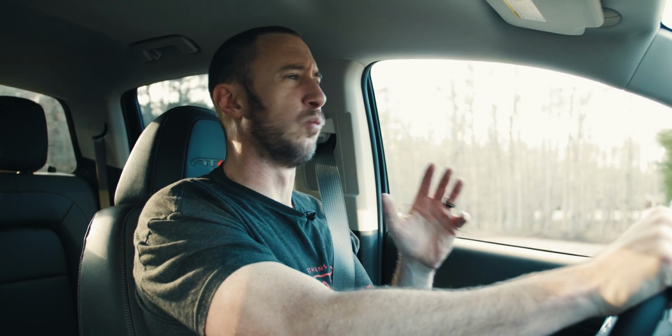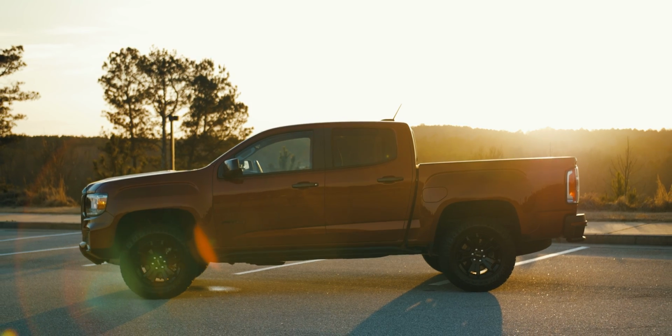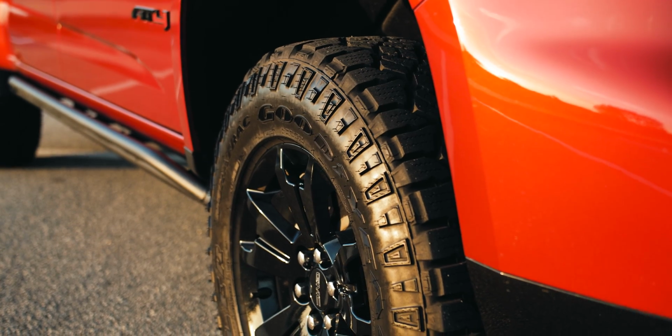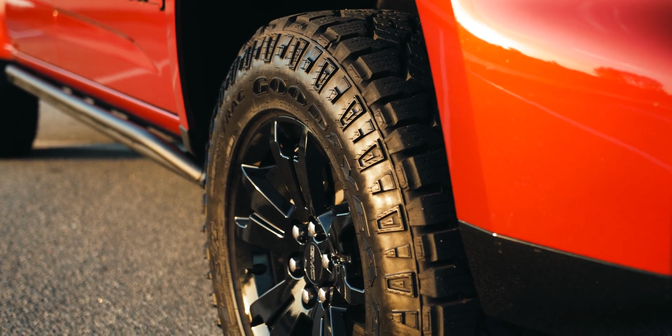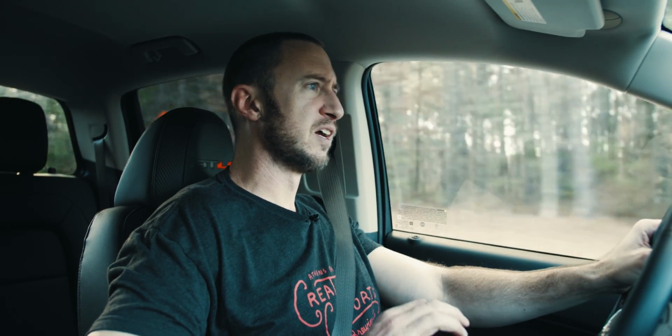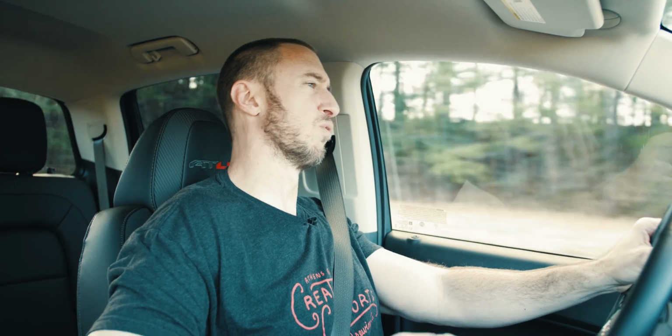But the real win here is the suspension. It's fantastic for a light pickup, especially, and it must be noted, one with off-road pretensions. I mean, this thing is spec'd to do some pretty serious off-roading. Yeah, this suspension strikes the perfect balance between comfort and control. We're gonna take it on the handling road real quick here so I can kind of show you what I mean, because